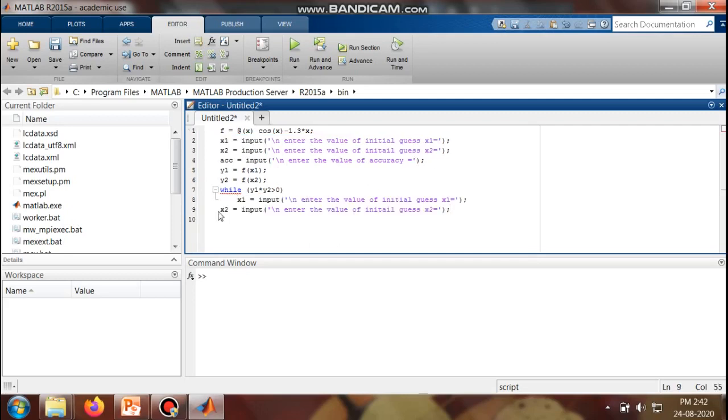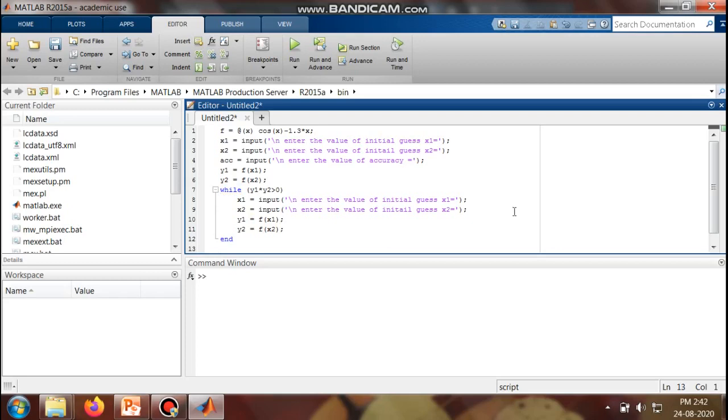I will just copy and paste it here, take it just below x1, and then you can find the respective functions for the new values of x1 and x2. So y1 is equal to f of x1, y2 is equal to f of x2. Here you can terminate your while statement.